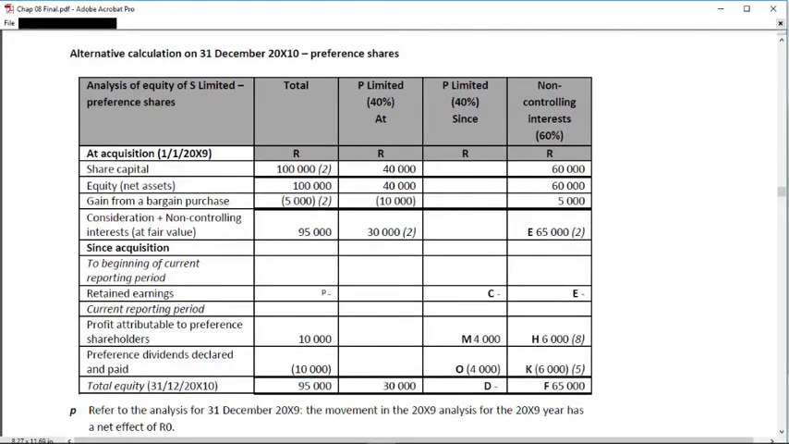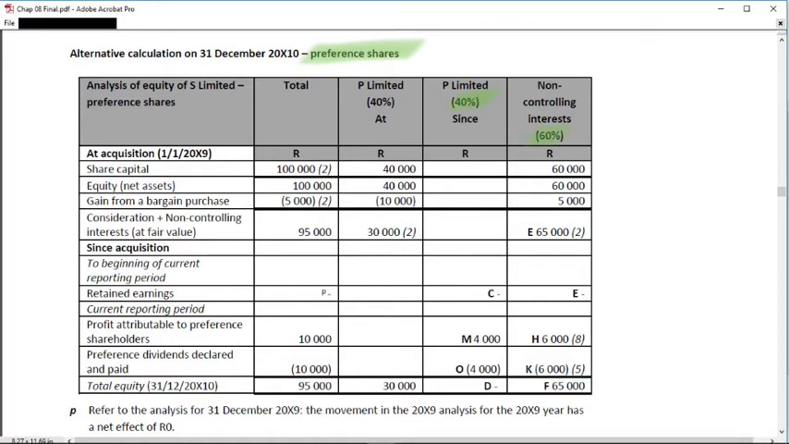Then, because the equity of the subsidiary includes preference share capital, you need a preference share analysis where you analyze the equity of the subsidiary attributable to the preference shares. Your work method will be to start with an ordinary share analysis, and any amounts that you move out of that analysis as attributable to the preference shares will move into this analysis where you attribute according to the preference